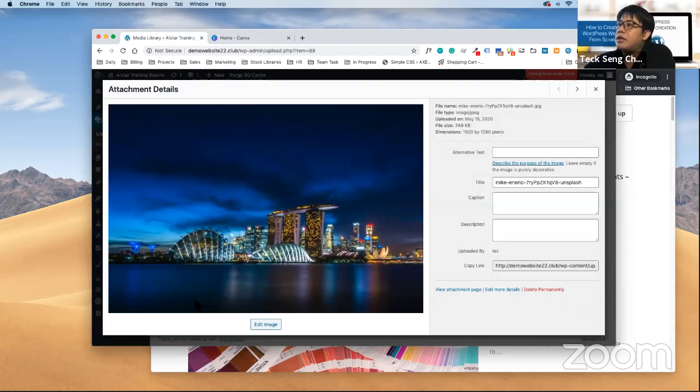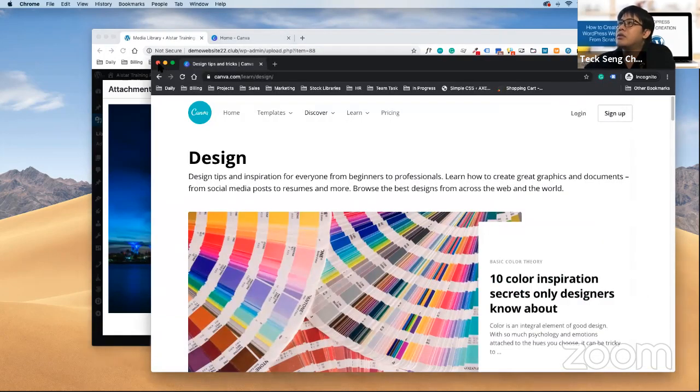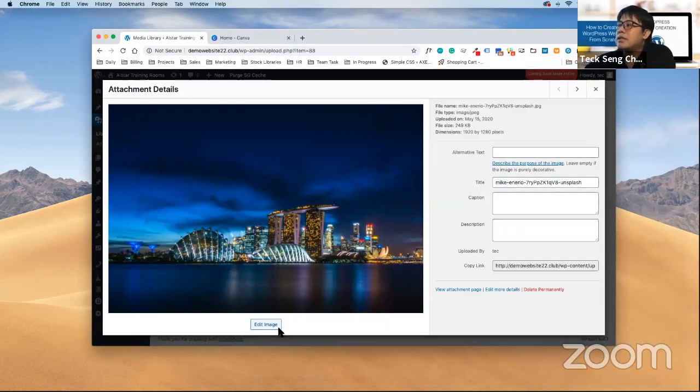Now I'll click on the image that I want to edit. This is the first image I'm going to use for my main header. If I click on this, there's an edit button over here. And before we go into this edit button, just take a look at the size over here.